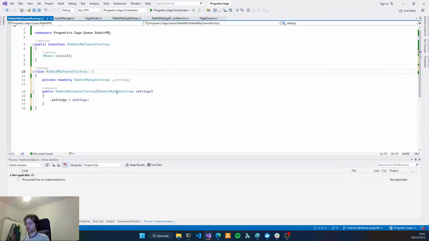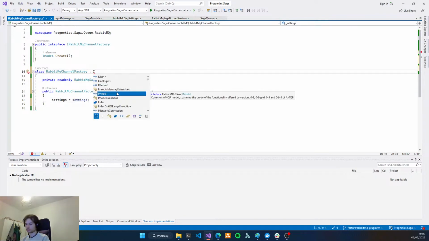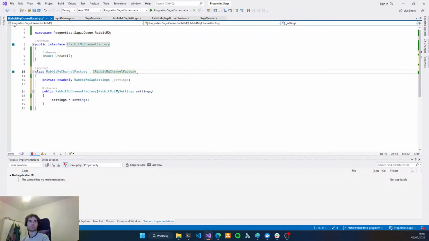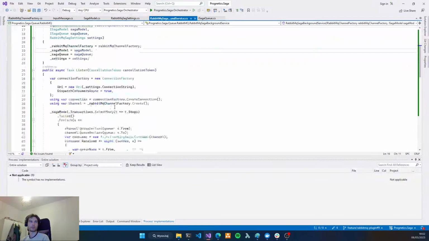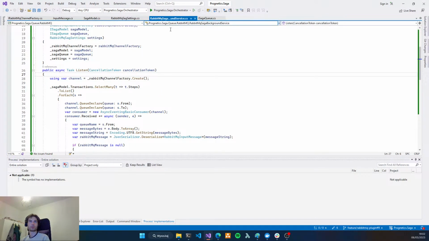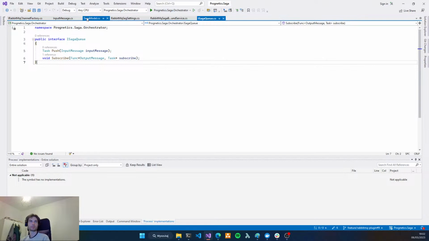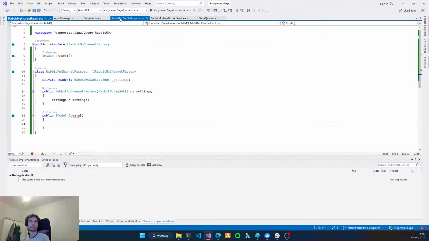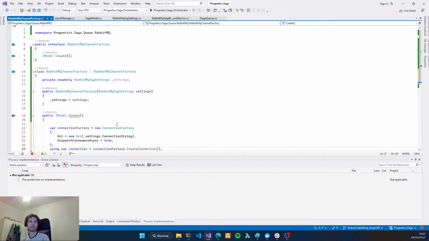Now we want to implement IRabbitMQ channel factory, implement the interface, and here we want to paste the code from here. But we cannot dispose this.